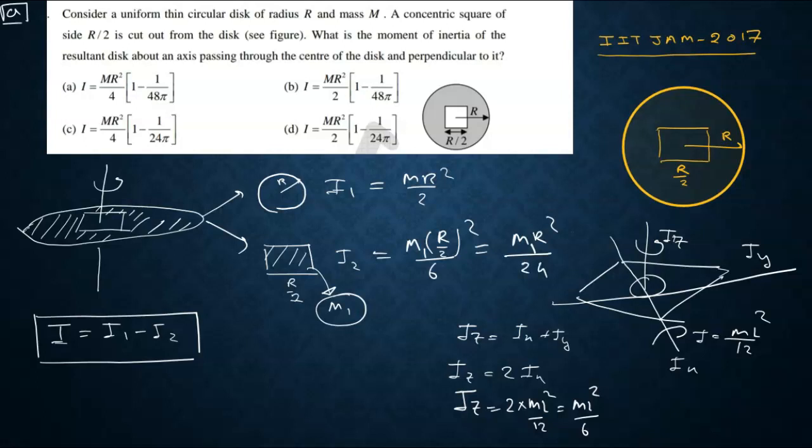Now, so we have this I1, that is m r square by 2, and we have I2, that is m1 r square by 24. But now we cannot subtract, because we have to find the relation between m and m1, right? So to find the relation between m and m1, here,